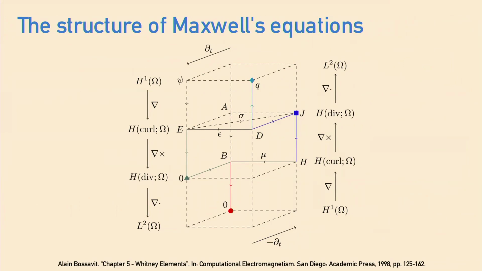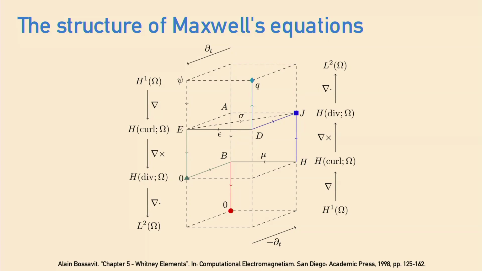And one way to see this, if we just focus on Maxwell's equations for now, is that different electromagnetic quantities appear to be associated with geometric entities. So for instance, the magnetic field, the H field, is in a sense associated with lines. It's the circulation of the H field around lines that's the magnetomotive force, for instance. Similarly, with the magnetic induction, the B field is associated with surfaces. It's the flux of the B field through surfaces that appears in Faraday's law. And the H field has always continuous tangential components, but sometimes the normal components jump. And the reverse is true for the B field. And with the H field, we usually take its curl, whereas with the B field, it's the divergence operator that